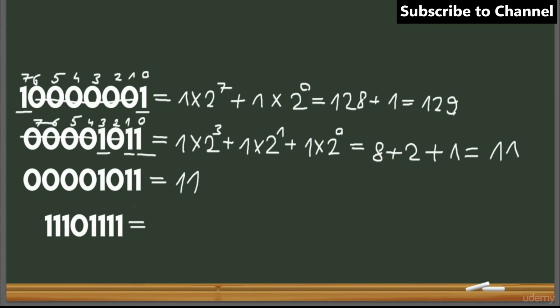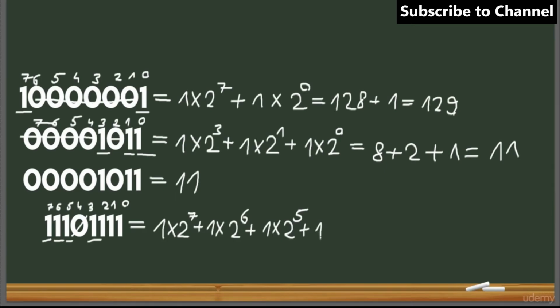And the last one is a bit more complicated because we have a lot of ones, but still it's gonna be the same procedure. 1 times 2 to the power of 7 plus 1 times 2 to the power of 6 plus 1 times 2 to the power of 5 plus the 0 we ignore, 1 times 2 to the power of 3 plus 1 times 2 to the power of 2, 1 times 2 to the power of 1, 1 times 2 to the power of 0,